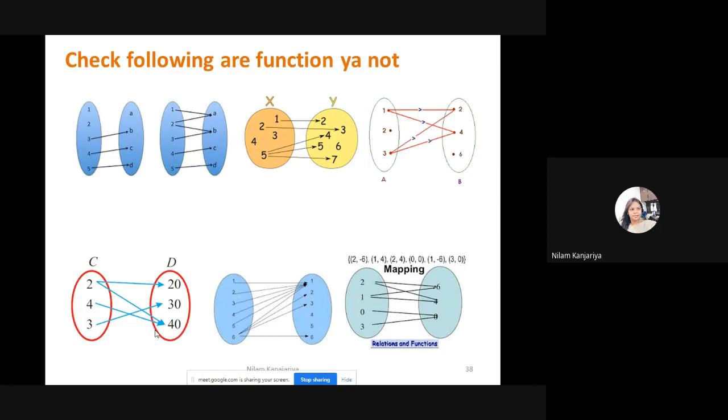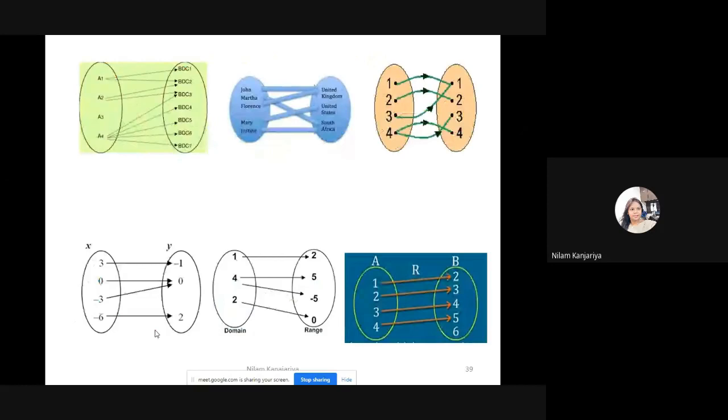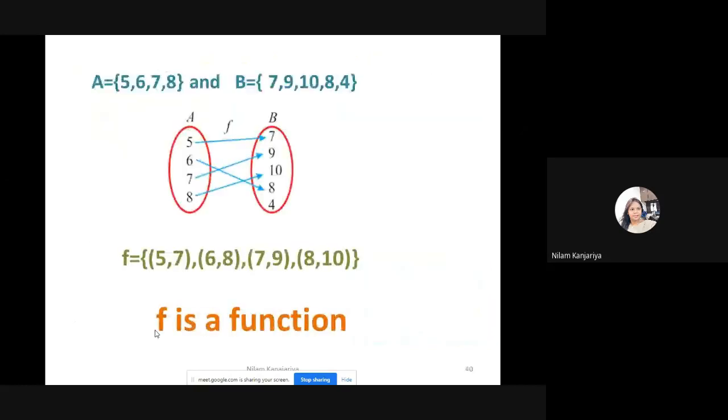Do you have any problem related to the definition of the function? No. So we move on to the next definition. There are many examples of the function. You can try. So this is a function and A and B are known as the domain and codomain. Okay, and a function is written like this in ordered set. If someone asks you a figure like this, we discussed it.